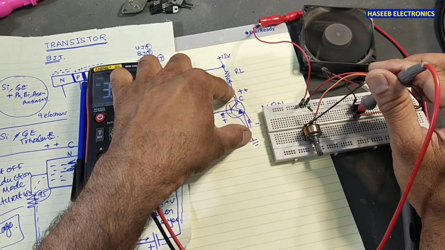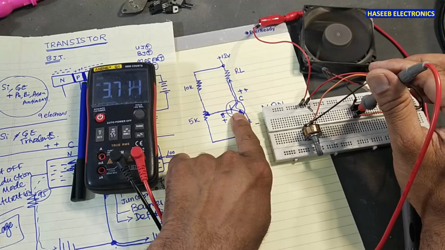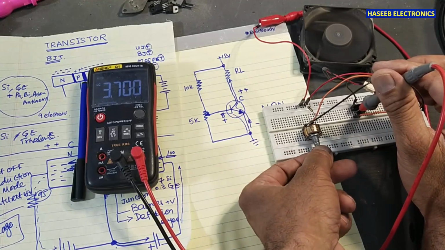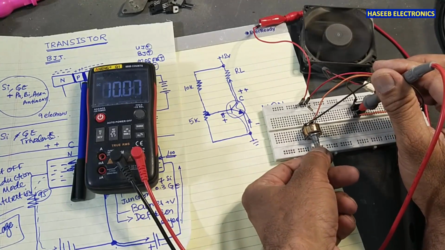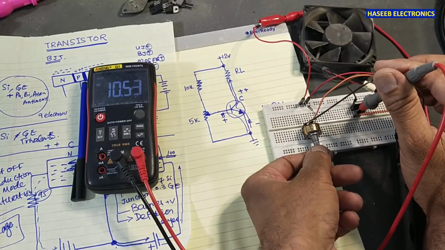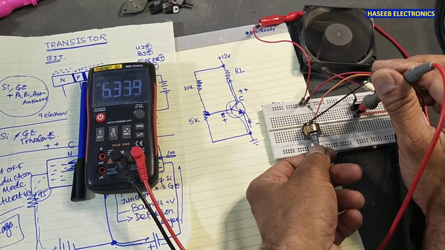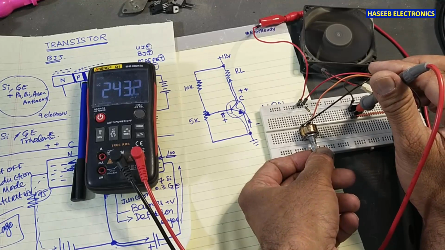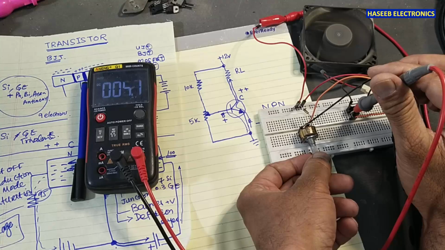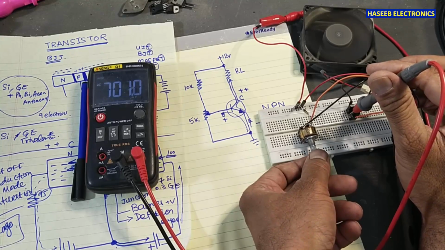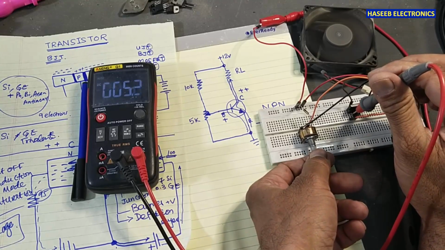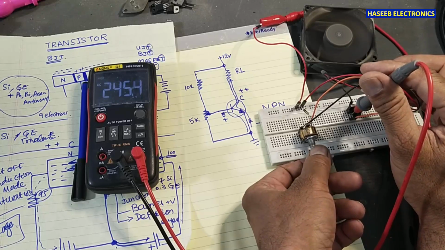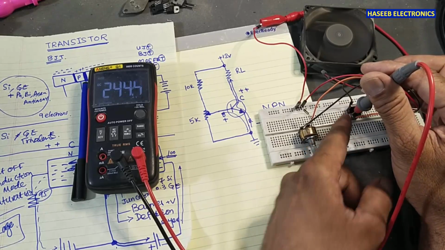Why? Because it is now working as a variable resistor. We are controlling the base resistance. We can see the collector voltage is also dropping and increasing. When we allow maximum voltage at the base, 700 millivolt or more, at that time the transistor is now in saturation mode,